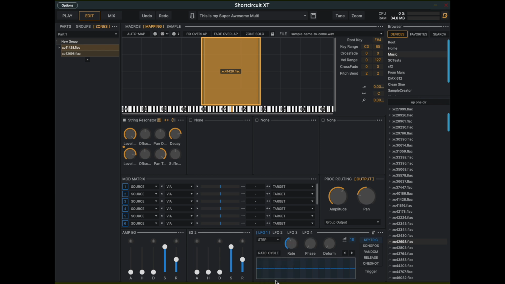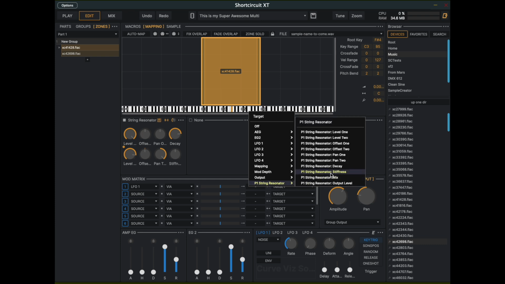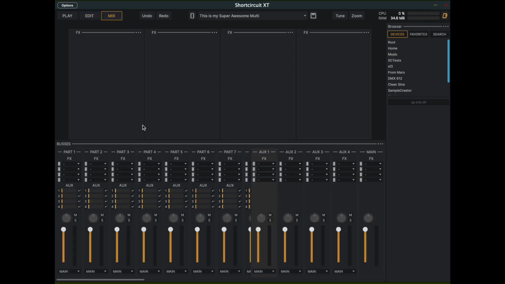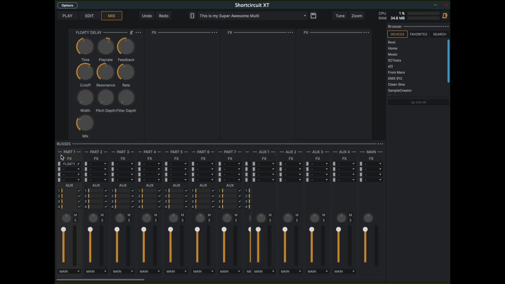Go down here, grab a noise LFO, apply that noise LFO to the string resonator's second offset. Reset this to 0, put the depth up a little. And then I'll go over here to the mix and let's just use the floaty delay. We don't have a screen for floaty delay yet, so it's going to look a little garbagey, but it sounds great. This is a new feature we have in Surge. It's a delay with a movable playhead. So now if I go like this,